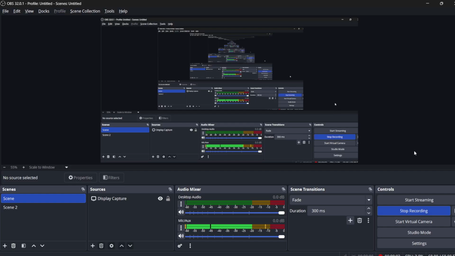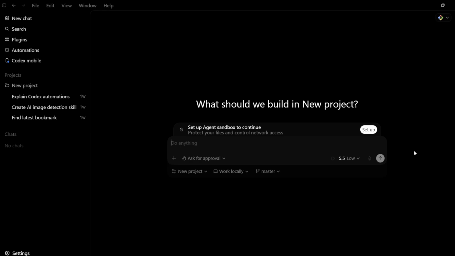How to add commit instructions in your Codex. So hey guys, welcome to this tutorial. In this tutorial I'll guide you how you can add custom commit instructions for your Git in your Codex desktop